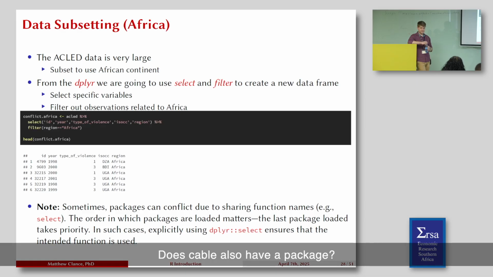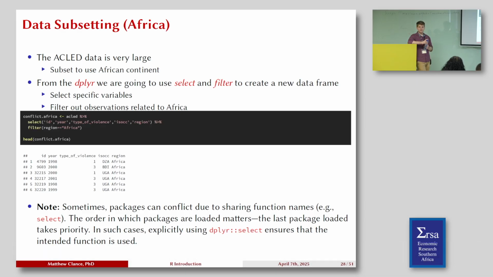Yeah, does kable have a package? Well, yeah, there's a library for kable as well. I don't believe it's part of the base package. You should go ahead and load not only kable, but there's one called kableExtra, which adds a few functions as well. This isn't a cross section right now. It's basically panel still. It's just a panel for a subset. So it's basically a way of saving something.